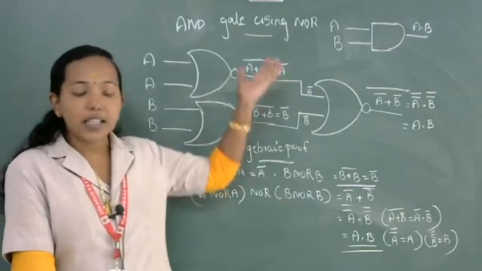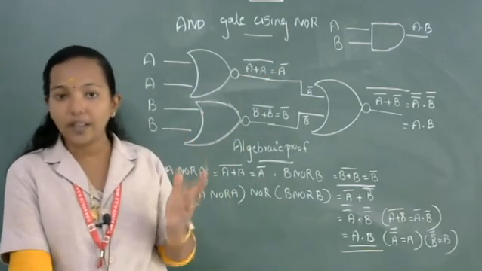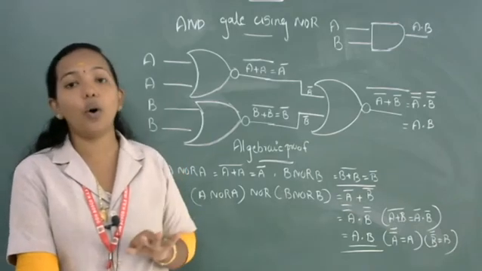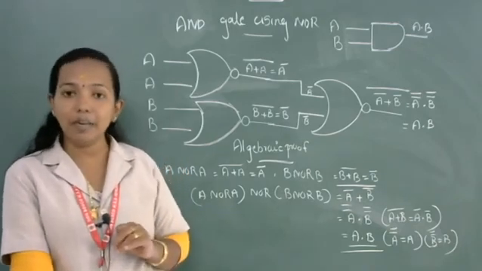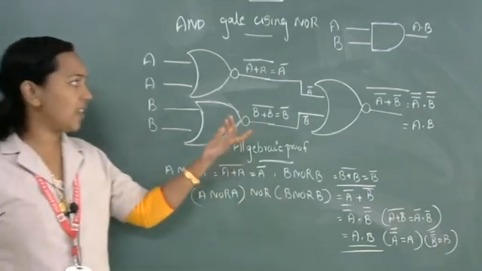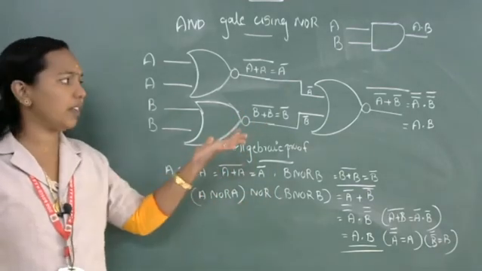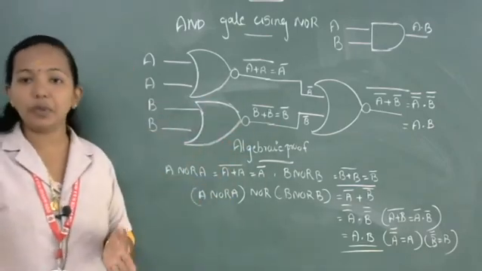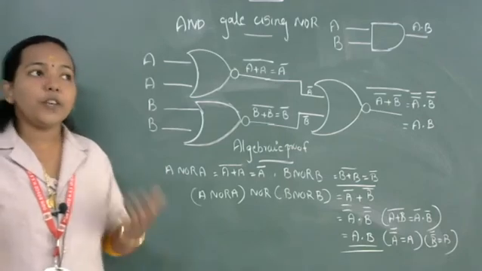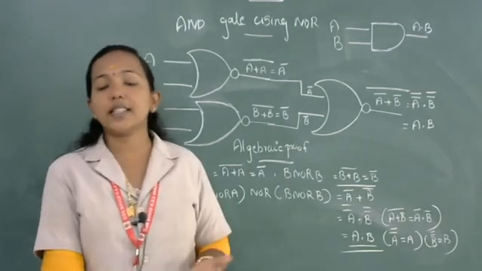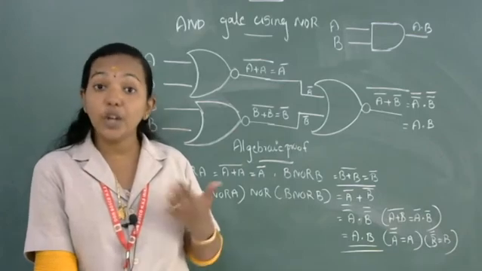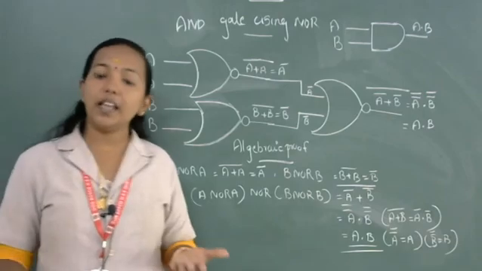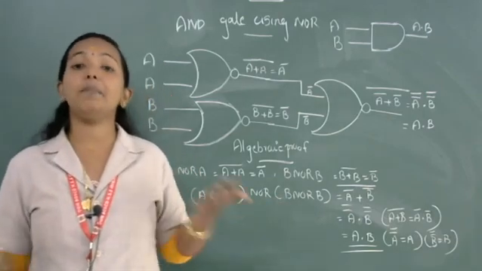So hence these three basic gates, NOT, AND and OR, we can implement using NOR gate. Look at this example. Is there any other gate I am using in this circuit diagram for implementing AND gate? Only NOR gate I am using. So if you get a question, why is NOR gate known as a universal gate? We can write, using NOR gate we can implement all the other three basic gates.